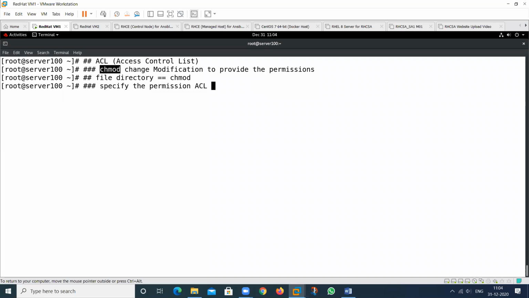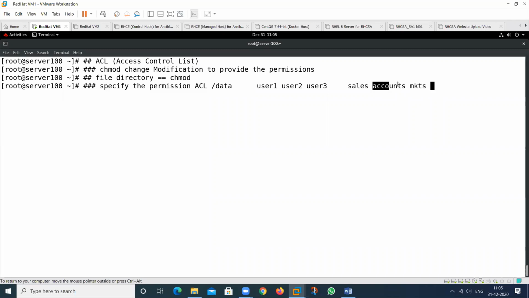Suppose we have a folder, the name of the folder is data, and we have users user 1, user 2, user 3. We have users related to a group, the sales group, and I want to provide the whole permission to the sales group, but not any other group like accounts, LTTS.